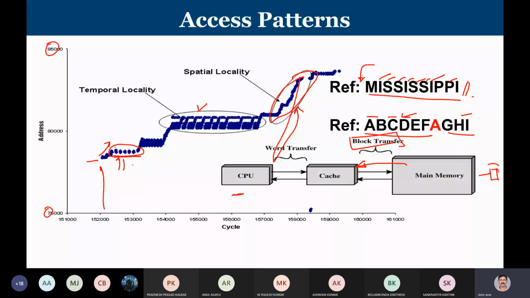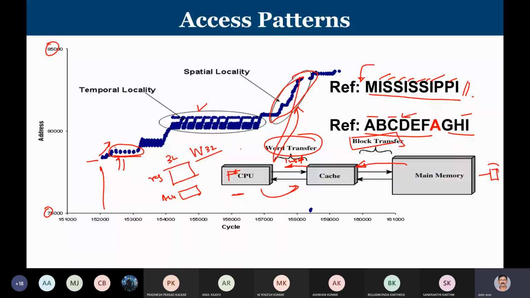So what is one word? Inside the CPU, let's say my registers are of 32-bit, for example. My ALU is of 32-bit. That means I can perform 32-bit logical and arithmetic operations. The internal buses that connect various registers, they are all 32-bit. In that case, I call it word length is 32-bit. That's called one word. So at any point of time, once I give the address to cache, the cache is going to return one word of data. That means the unit of transfer between cache and CPU is a word.